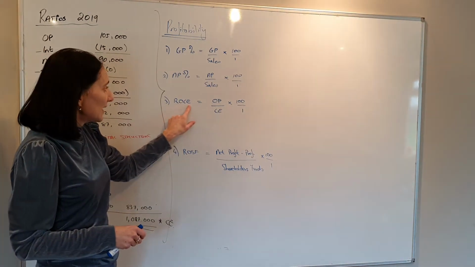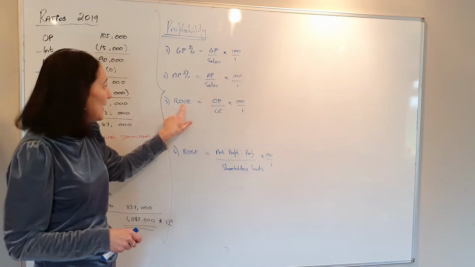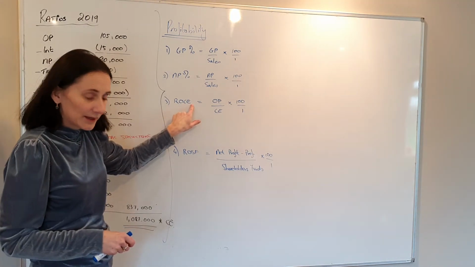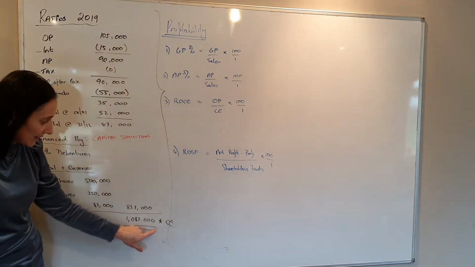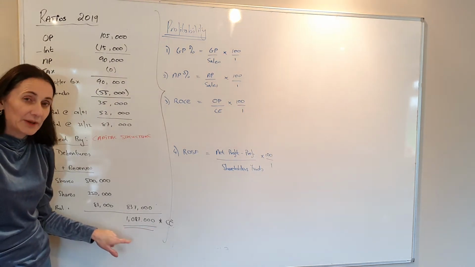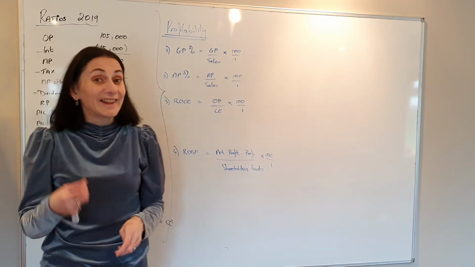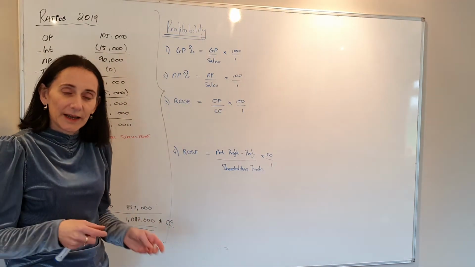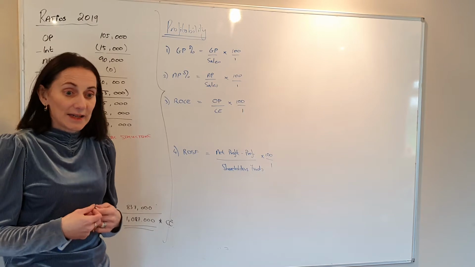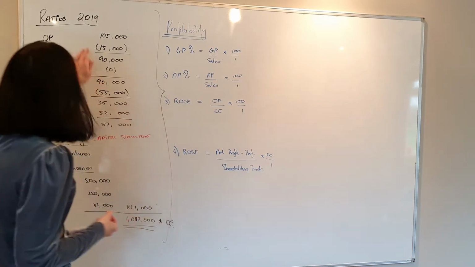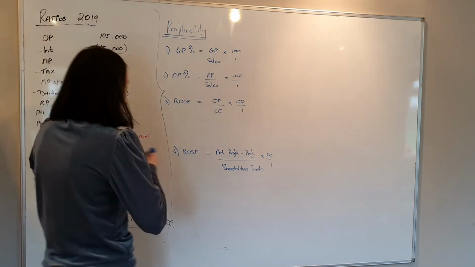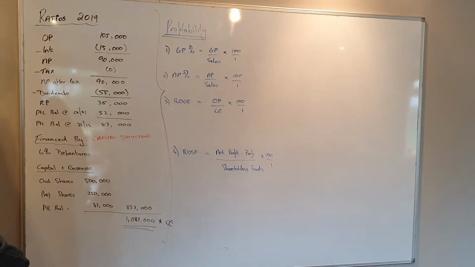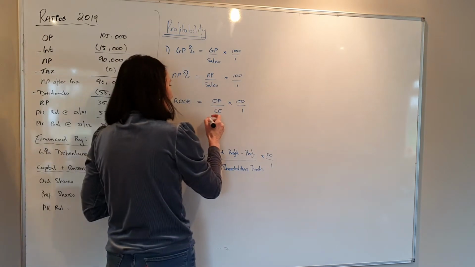So ROCE, write this down if you don't know it, it's return on capital employed. Now remember, capital employed is the last figure in the balance sheet. So we want to know what type of return this business made with all this money pumped into it. Now, the money that the business makes is what it gets from operating. So it's its operating profit. So it made 105,000. I'll actually put this in a different colour so you can see the formulas. It's 105,000 you made